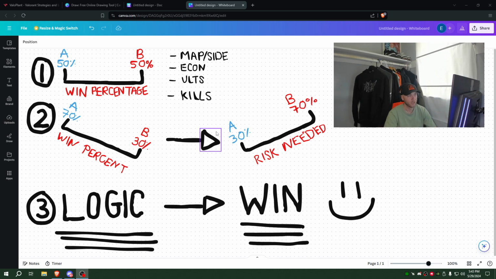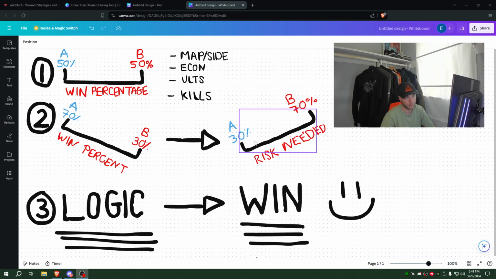Okay? There's other things that go into this. It's not just economy. So when you have ults, if you have certain ults, generally you don't have to take a lot of risk in the round. You can play the round out slowly, let the other team make the mistake. And this is what this is all about. It's all about mistakes. When people take risks, they're more likely to make mistakes. When people feel like it's necessary for them to take a risk, it's generally pretty easy to plan and avoid those plays. And so you can kind of play at a slower pace when you have the advantage, and usually you can win.